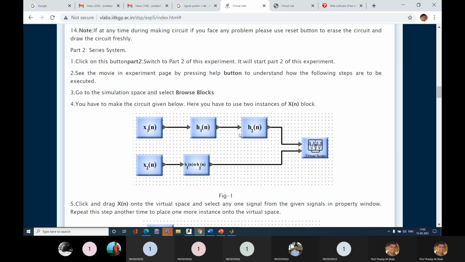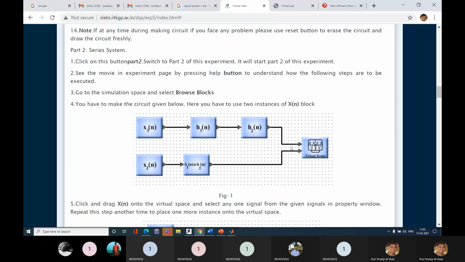So I apply an input to h1n, the output of h1n is given to the input of h2n, and finally the output of h2n is my overall output, the series connected output of both systems.